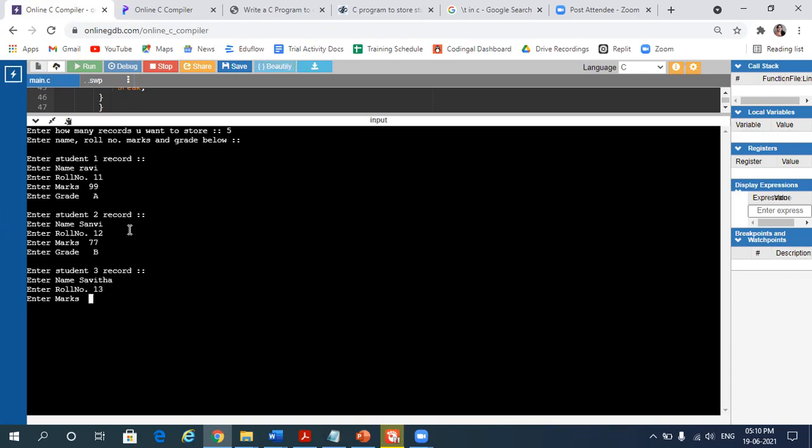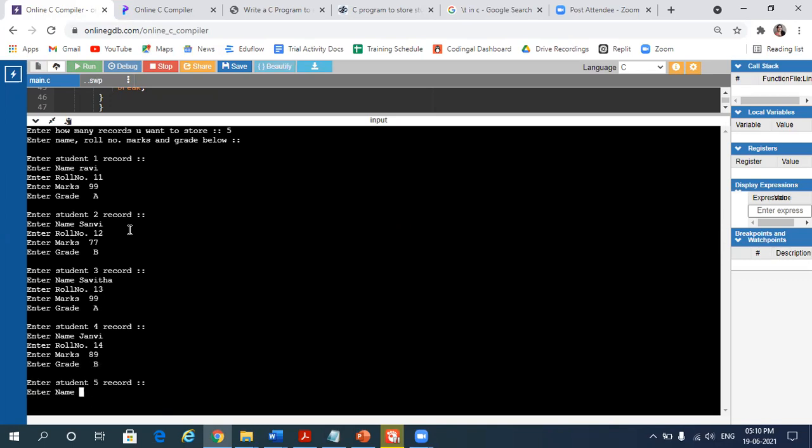So enter marks 99 and grade A. Student 4 record, enter name Janvi, and then roll number will be 14, marks 89, grade B.